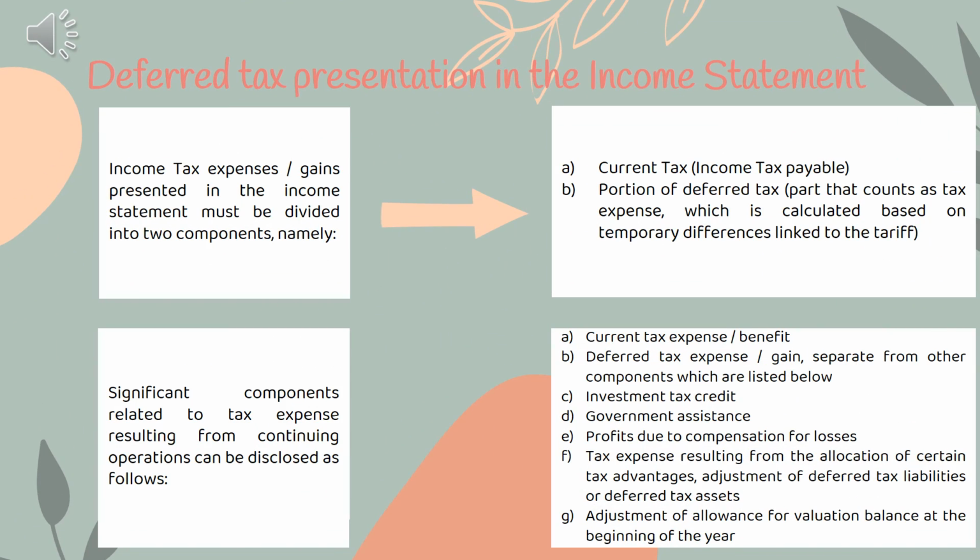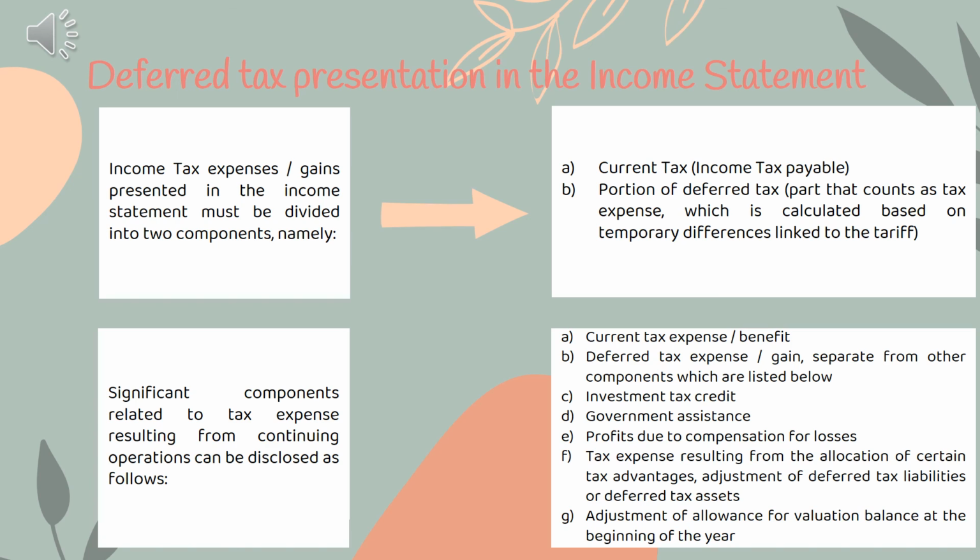The next, deferred tax presentation in the income statement. Income tax expense on gains presented in the income statement must be divided into 2 components. Namely, the first is current tax, the second is the portion of deferred tax. Significant components related to tax expense resulting from continuing operations can be disclosed as follows. The first is current tax expense or benefit. The second is deferred tax expense or gain. The third is